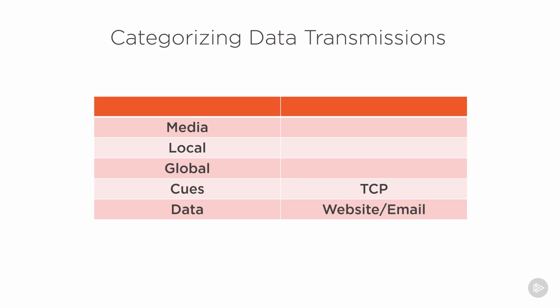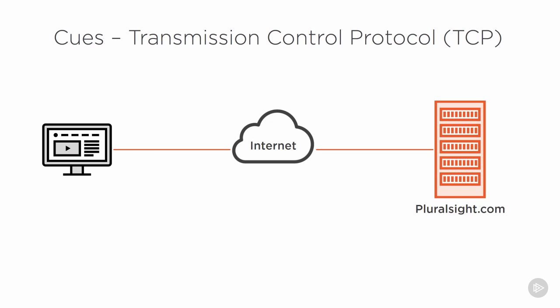is called TCP, or Transmission Control Protocol. TCP is a fundamental protocol in data networking. Understanding TCP will make you a hero someday on your data network. The more you understand about TCP, the better you'll be. And there is a crazy amount of information to be learned about TCP. We're going to start with the super simple part here and see how TCP sets up a conversation between our